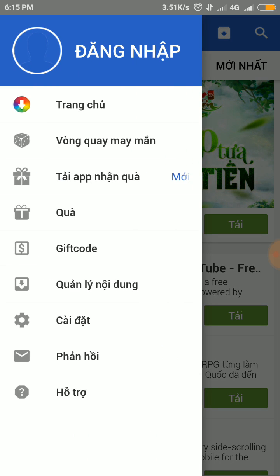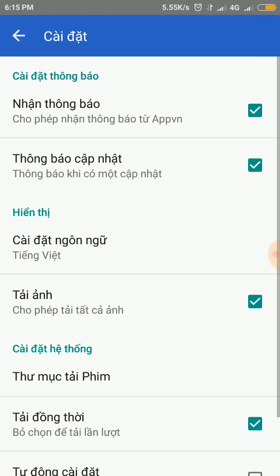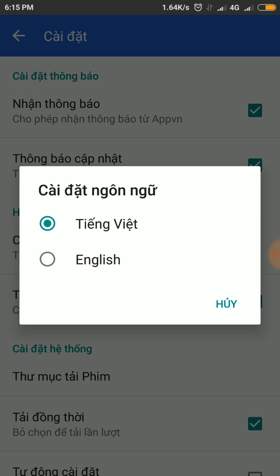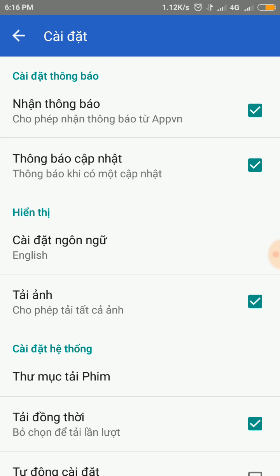Click it. Now go to settings, from which you can change the language. Go to the option where you can see the language written, just click on it, and switch to English.